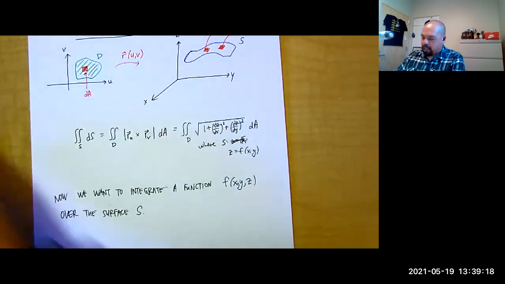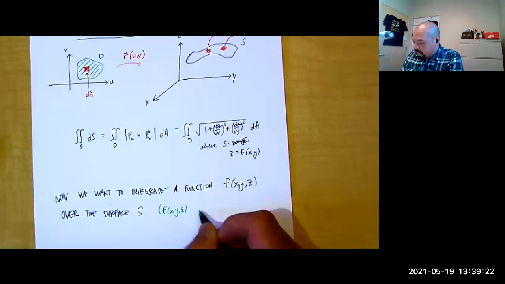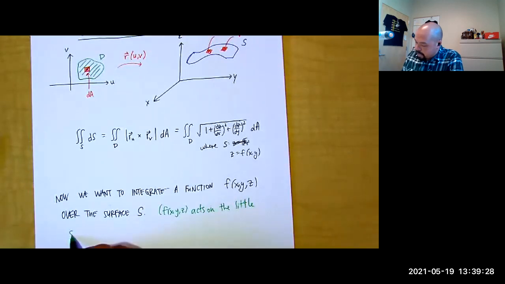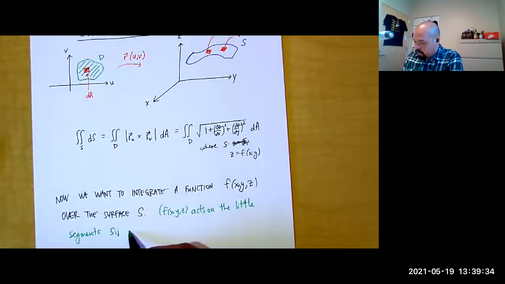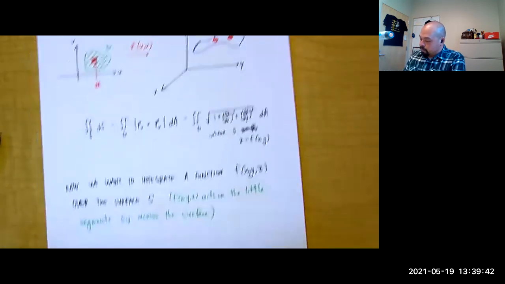And so the way I visualize it is that that function f of x, y, and z acts on the little segments S sub ij across the surface. Okay, so